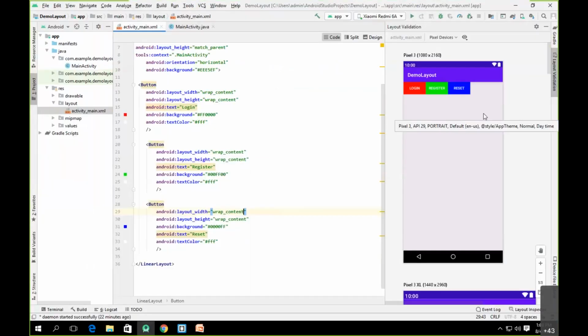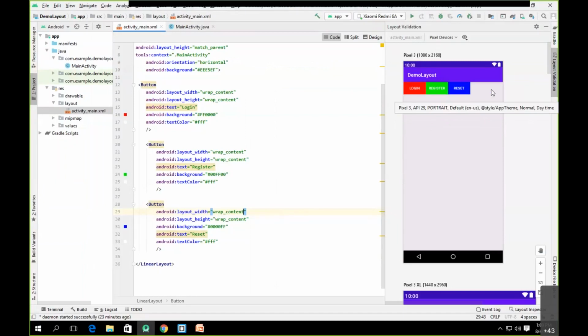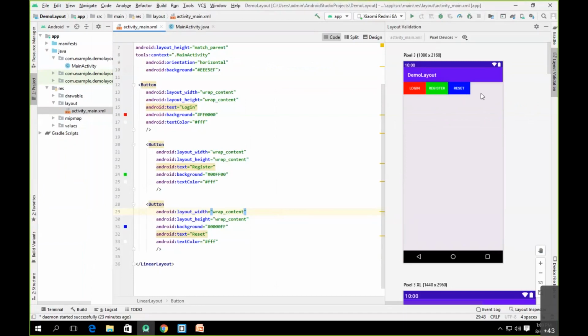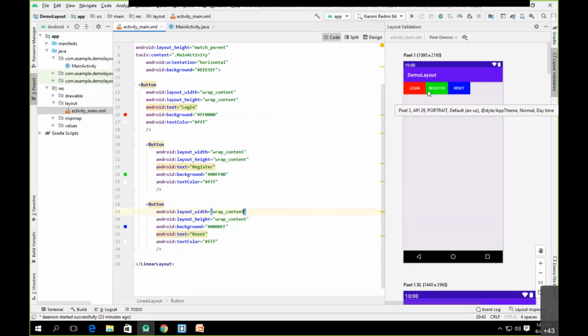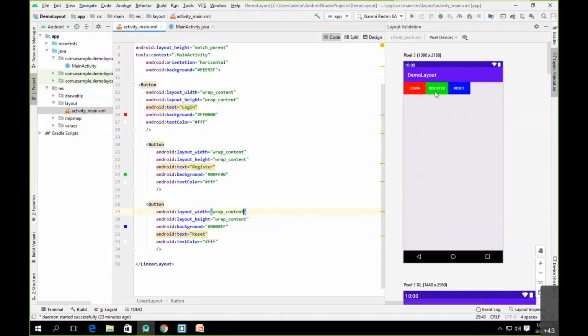Now the problem here is if I have added only three buttons, these three buttons are occupying this space in such a way that some space is left blank here. As you can see, this space is left blank. Now, I don't want to do such a thing here. I want the arrangement in such a way that every button will occupy some space of the entire available layout space, so that there will be no empty space left on our screen.